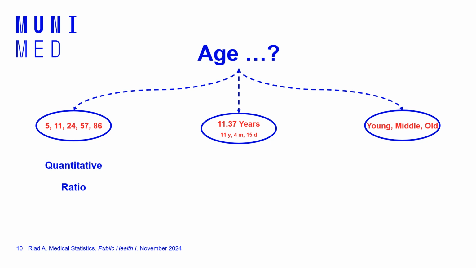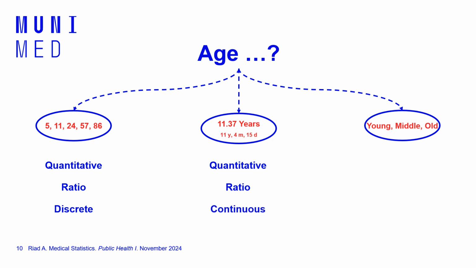We say that if someone has 0 age or 0 years, it means that they didn't live at all. And this is discrete because the numbers here are true numbers. It's 5, 11, 24, 57. Okay. In the second method, we have also quantitative ratio, but it's continuous because the values here can be anything